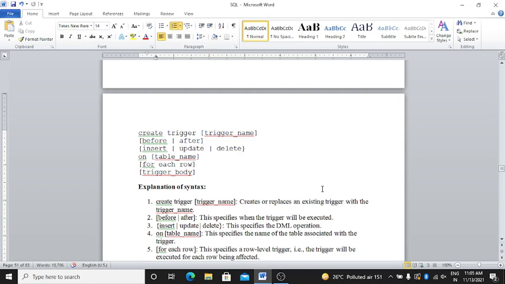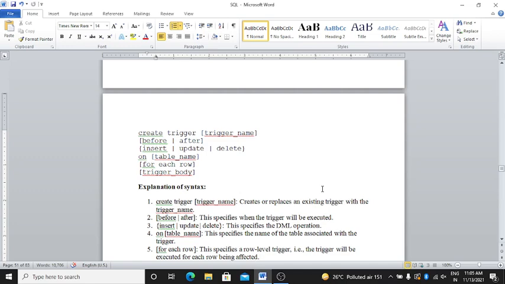I will explain this syntax. Create trigger trigger_name creates or replaces an existing trigger with the trigger name. Next is before or after, which specifies when a trigger will be executed. Then insert, update or delete specifies the DML operation.